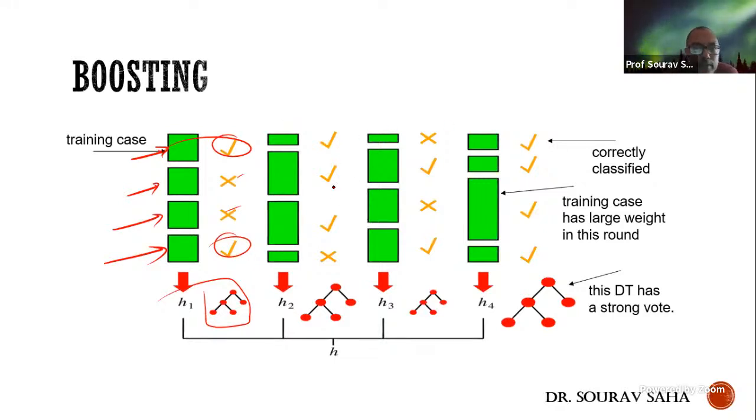So this is P1, P2, P3, and P4. The data points, they can be data points, or data partitions of the same characteristics. P1, because it was probably identified properly, its weightage comes down. P2 weightage goes up. P3 weightage goes up. P4 weightage comes down. So this is the new P1, P2, P3, and P4. More samples from P2 and P3 have come in because they were not correctly identified, and fewer samples from P1 and P4 have been taken this time because they were correctly identified